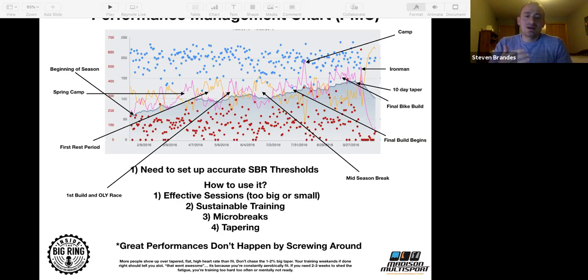You can see that this person achieved great things, and it's because they followed the plan and stuck with it, and they stuck with the recovery. They didn't get to the recovery week and think, nah, screw it, I'm just going to keep training hard. They said, yeah, I'm going to recover. That's what my coach said to do. And guess what? They recovered, they got fitter.